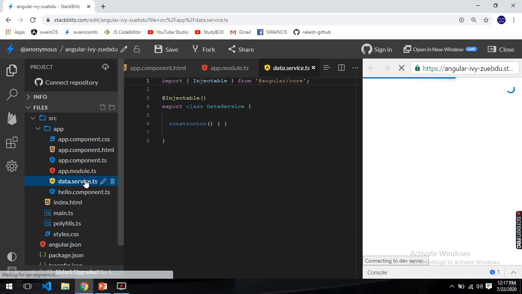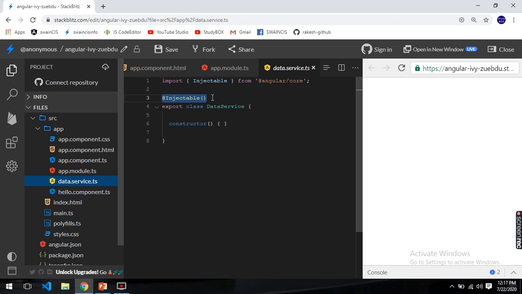You can see my data service is generated. There is an Injectable decorator, which means if you want to use this functionality, you need to inject this class. And injection can only happen through providers, which we use in the module. So here I'm writing a common variable, x, defining it as equal to a string, from service. I need to use this common variable in my component, so I create a function getServe, and here I'm just returning x.